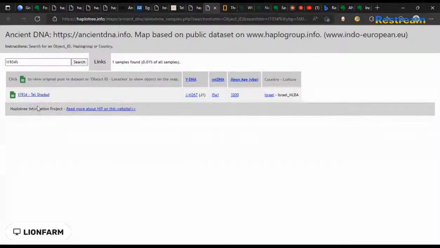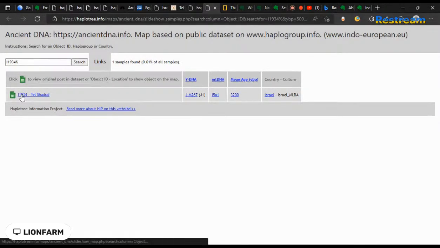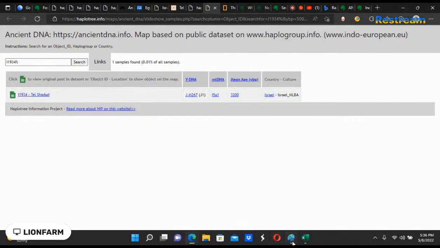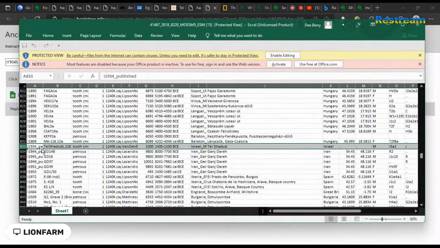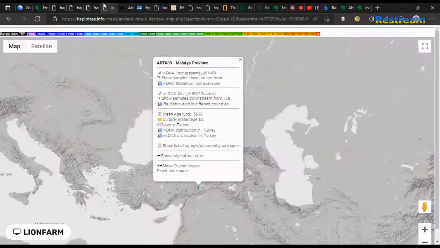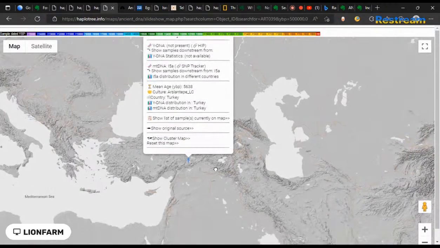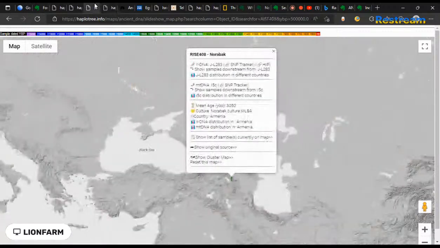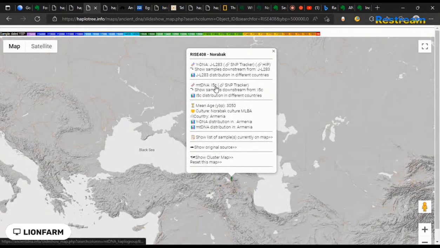So this is going to be very important to know, this 11934, which we spoke about on this paper that we found when we was talking about that one that was found in Tel Shadud, right, with that mtDNA that links all the way to the Caucasus Mountain, that we can follow by following the females that were settled over here by the area of the Hittites, and also how we can find a Y DNA of the same males, J, that was over here in the area of the Zagros